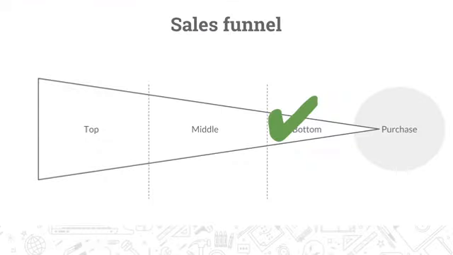Now, because navigational search intent has such a high correlation with visiting a physical location after it's been completed, it is considered very bottom of the funnel. Okay. Imagine that you are searching for a sandwich shop near you or looking for coffee. The likelihood is very much that the search engine is going to interpret that you want a sandwich or you want coffee right now. So that means it's very close to the purchase, and therefore it falls at the bottom of the funnel. So that's navigational search intent. Those are the three types of search intent: informational, transactional,